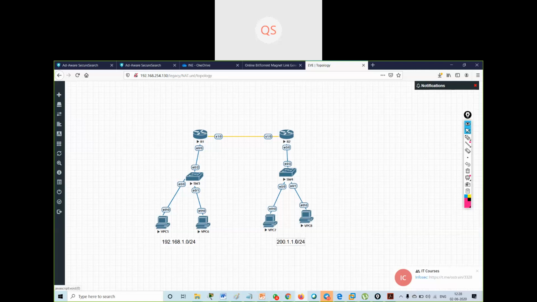These are servers kept over the internet.